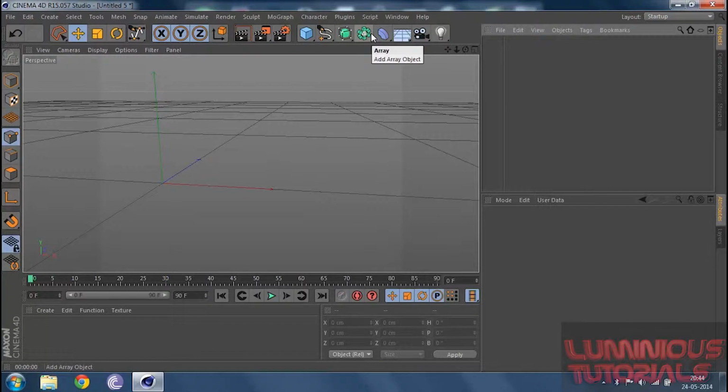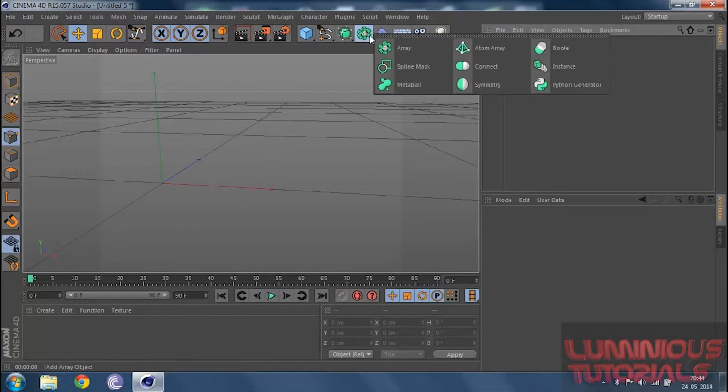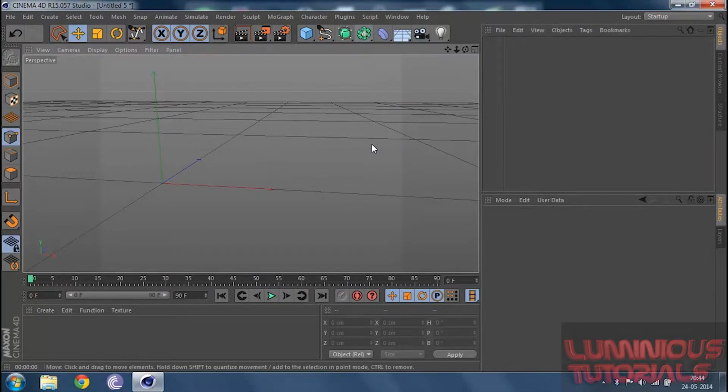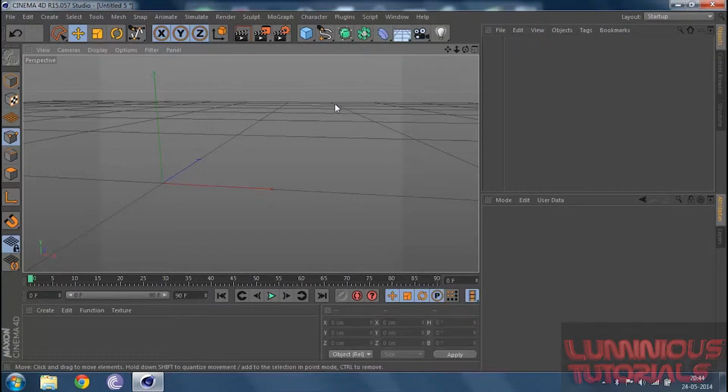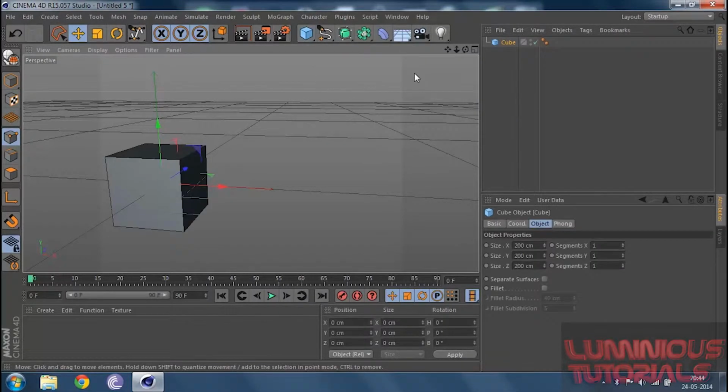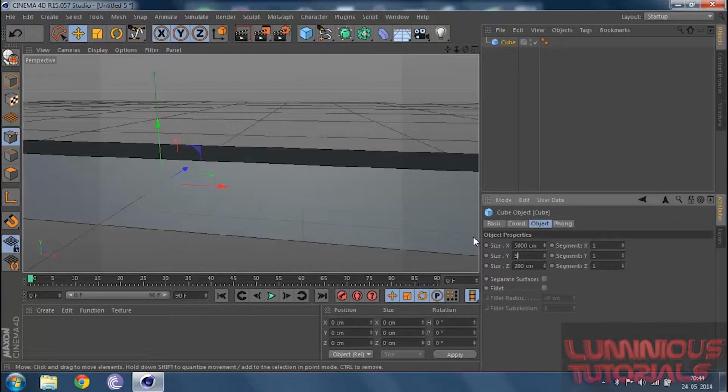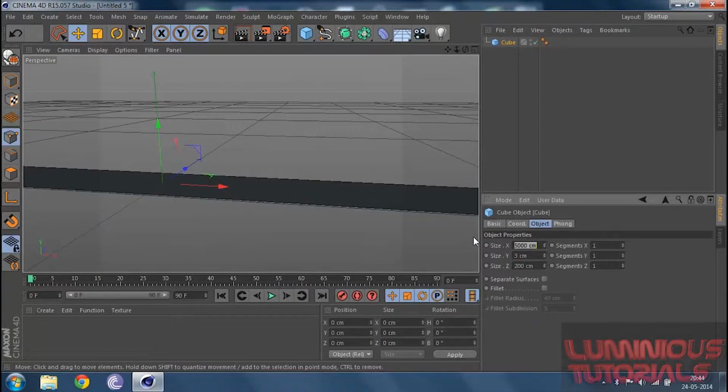Now we have got the array or the modeling tools, and we'll look at them later, not in this tutorial. We've also got something called the deformation tool. Under deformation, we've got many things like the bend, twist, melt, and other stuff. Let me give you a simple example of the deformation tool. For that also we need an object that it can act on. So I'm going to add a cube, and I'm going to give it a proper size. Okay, 50 was too much.